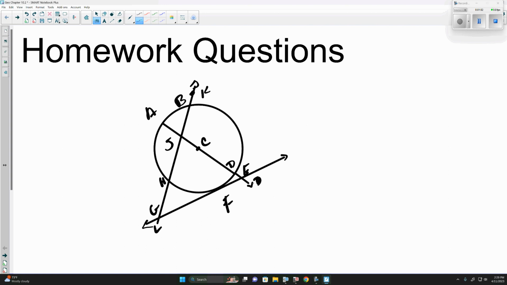So, 1 point on the circle would be A. That's the diameter. D. A chord. Yeah, because a chord is any segment that connects 2 points on the circle. A diameter is a chord that goes through the center. And the other one that we could have is